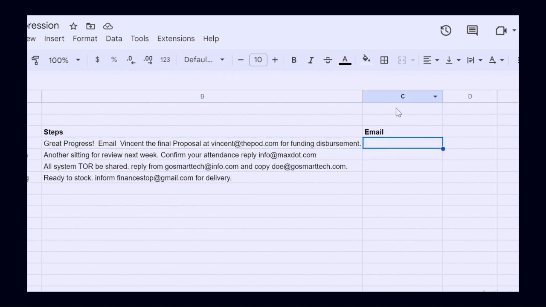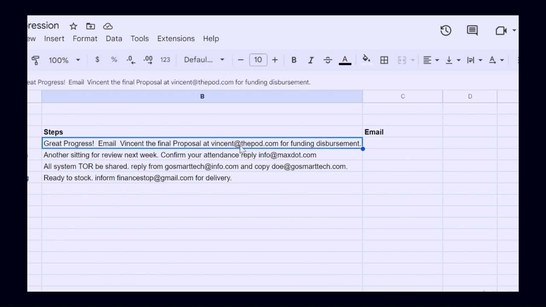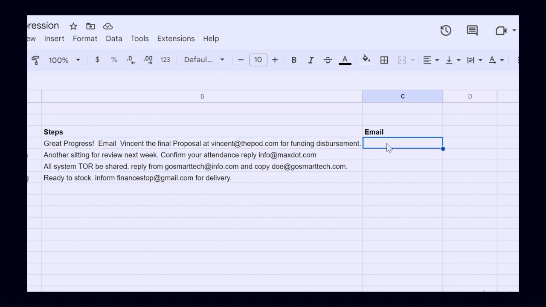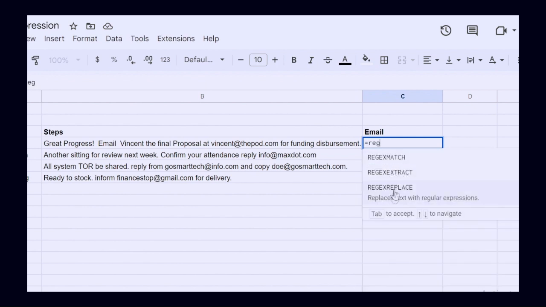So we are going to look at column C. This is the column that we are much concerned with. So we are going to extract our email. We are going to use the regex function to help us extract the email from the text in cell B4. So let's dive in. Step 1, click the equal sign, then regex,